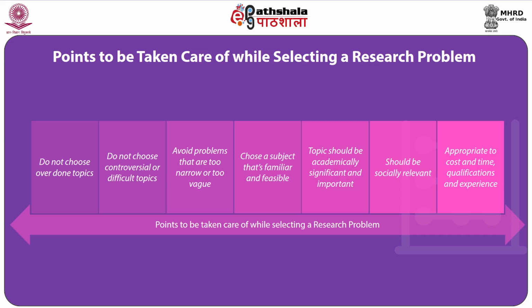The chosen subject should be familiar and feasible to the researcher. The topic should be of significance and importance in the particular field of specialization of the discipline, academically as well as to people living in the society. And lastly, cost and time factors as well as the experience and qualifications of the researcher must be in accordance with the problem